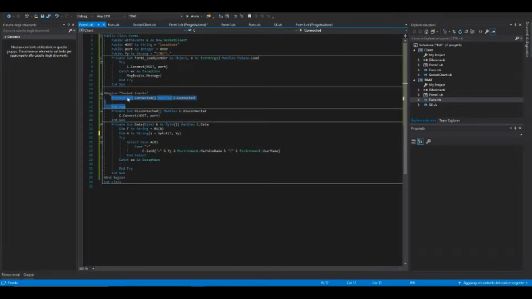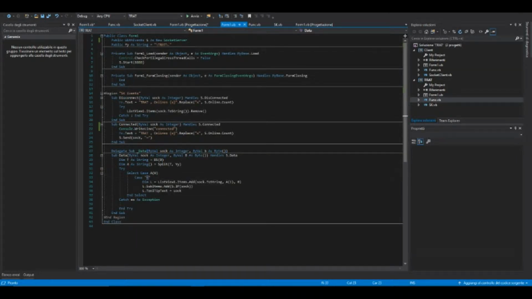And we can proceed now, seeing that we created three functions. I put them in the socket events region. The first is Connected, we don't care about it for now. We made a Disconnected function and we put the function to try to connect back to the server if the connection drops. So we are sure that if the implant loses the connection, it will try to reconnect. And in the end, the data parsing function, whatever is in sub, we just try to parse the string using the same symbol we used for the socket